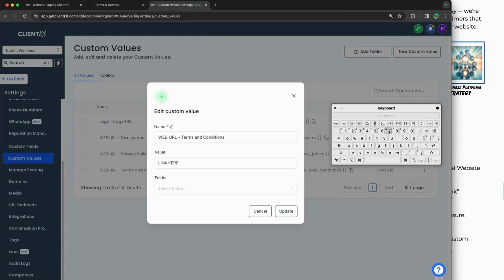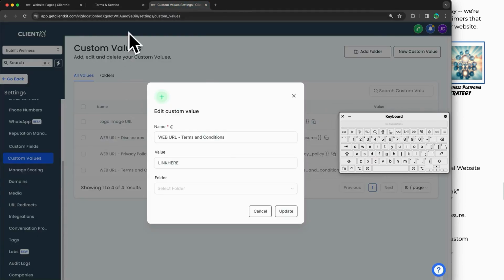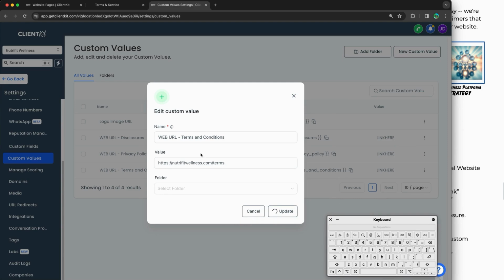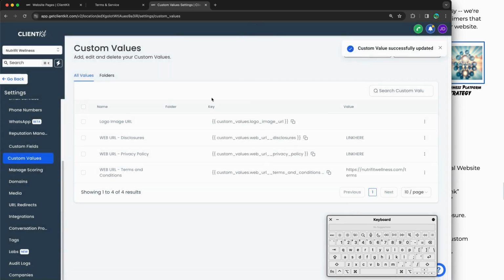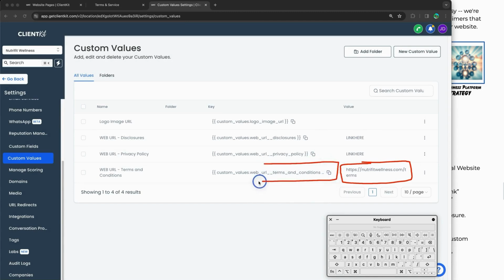And then I'm going to go over to the actual edit custom value tab that I have open here. And right here where it says link here, right? We've gone ahead and made this so that way you know where to put the link. I'm going to backspace out of that, and I'm going to Command-V or Control-V. I'm going to paste that right over there. So now my terms is located in the custom values, and then I hit update. Okay, now when it goes ahead and updates, give it a second because it is updating all of the terms. What you're now going to see is that that terms link that we put over here is now in the value. So now wherever in your entire system, and again, this is where system and strategy